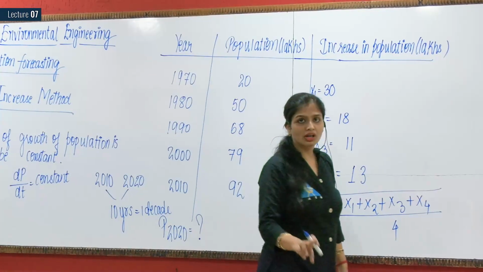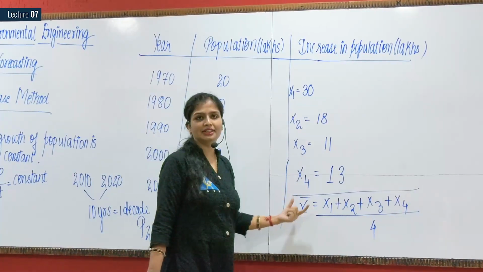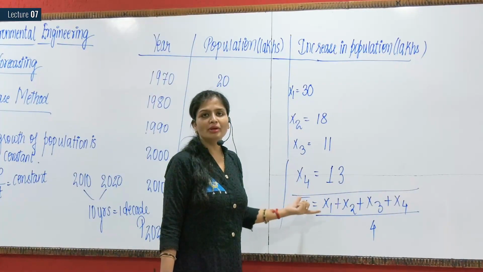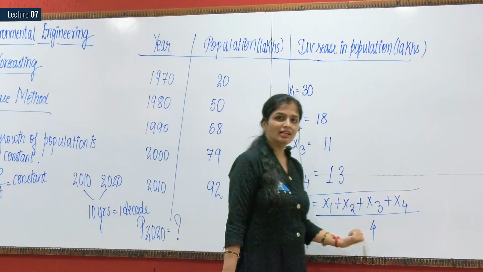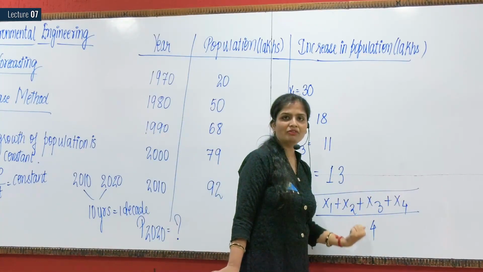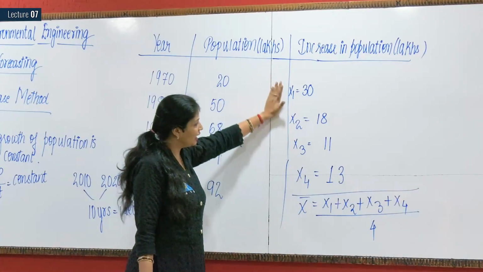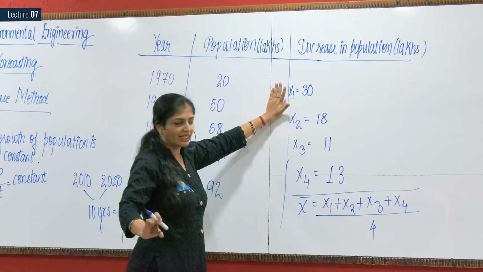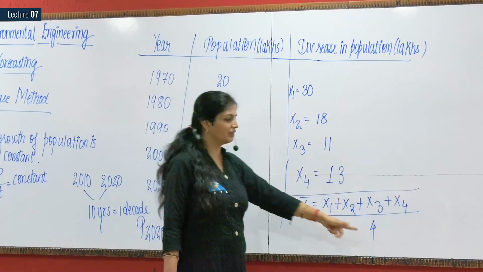It is wrong. There has been an increase in population. How many times have you calculated it? 4 times. For how many decades? For 4 decades. Right? So in this case you will divide it by 4. Whatever the average increase in population, you will add all that and divide it by the number of times it increased. Like here it's 4 times, 1, 2, 3, 4. You divide it by 4.